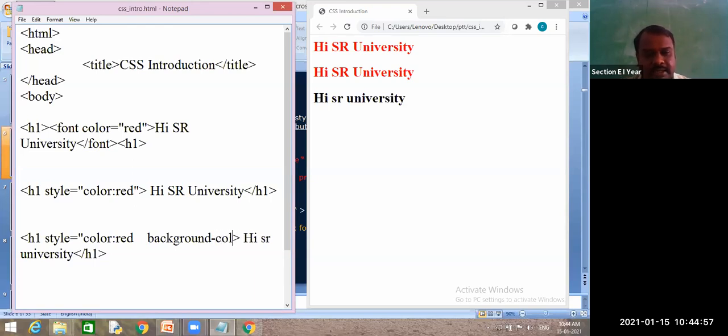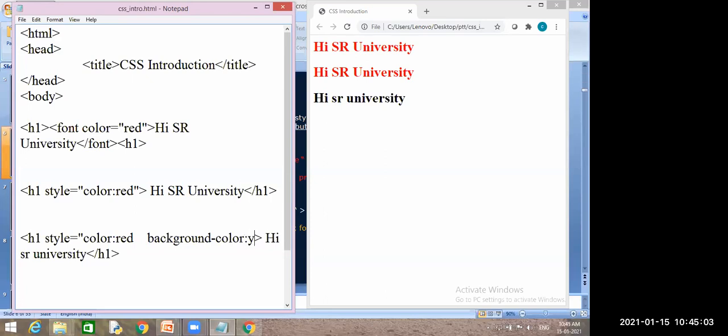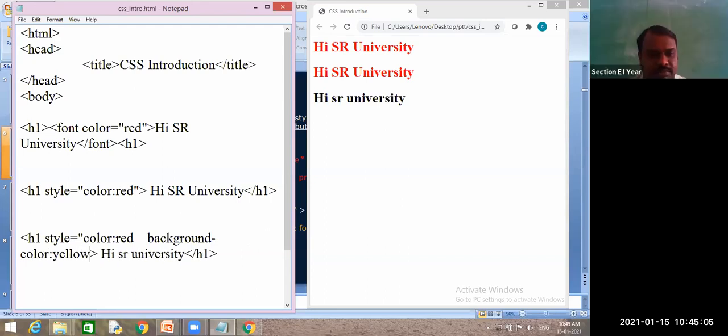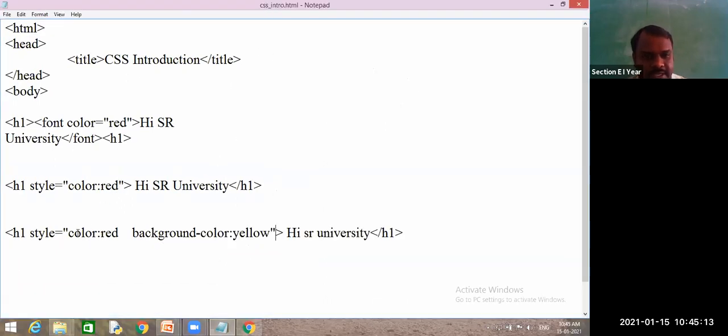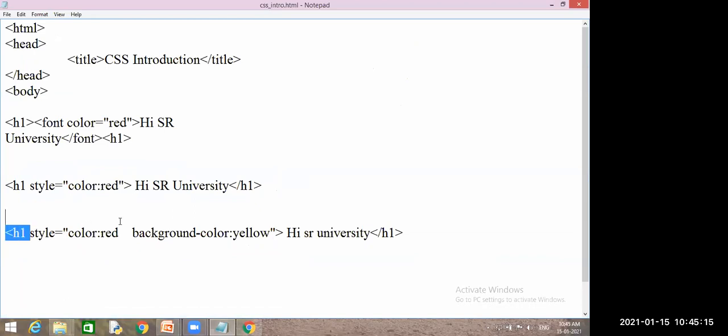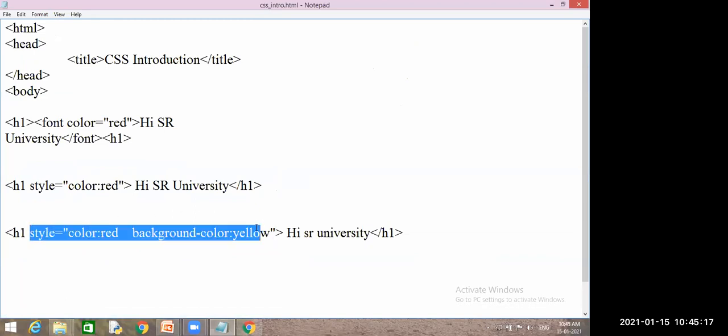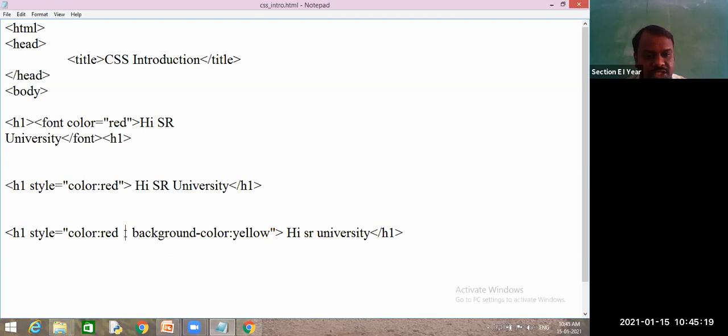Background color, I want to change this color to some other color, means yellow. Very good, yellow, and I need to enclose this one. Is it the correct way or anything to write? Here, is it completed? Semicolon. Yes, I need to differentiate these two properties using a semicolon.